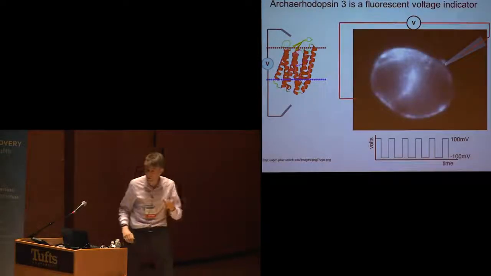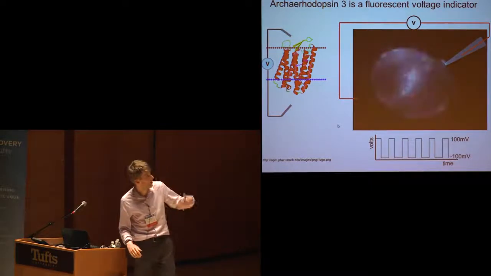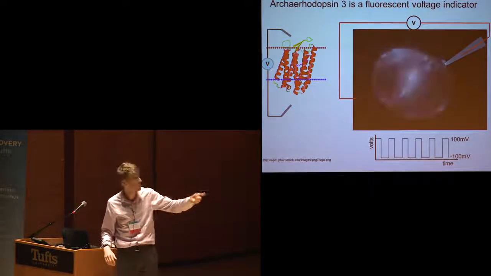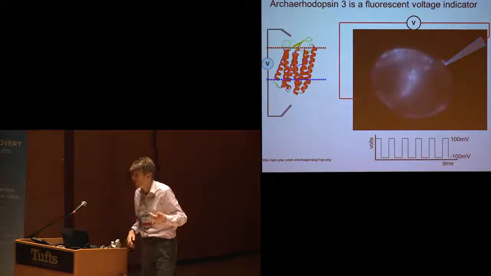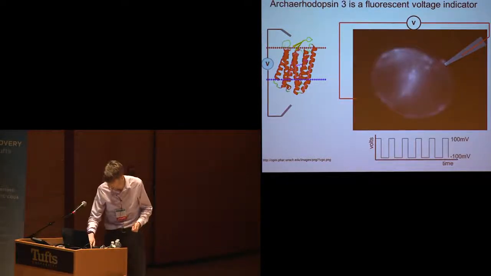All right. Now I'll show you some data. Here's a human tumor cell where we're expressing this protein. And we're exciting it with red light and looking at the fluorescence. And I'll show you a movie where we apply steps in voltage between plus and minus 1/10 of a volt. What you should see is when the voltage goes up, the protein gets bright. When the voltage goes down, the protein gets dim. This response turns out to be very fast, less than a millisecond, and quite sensitive.